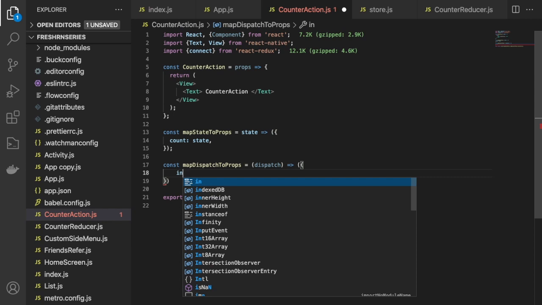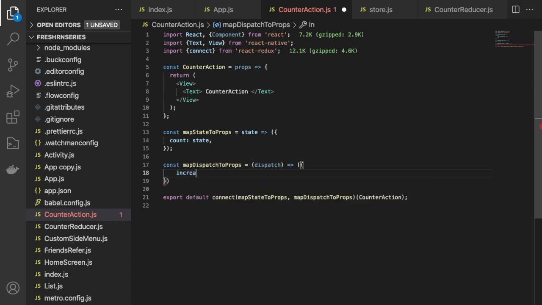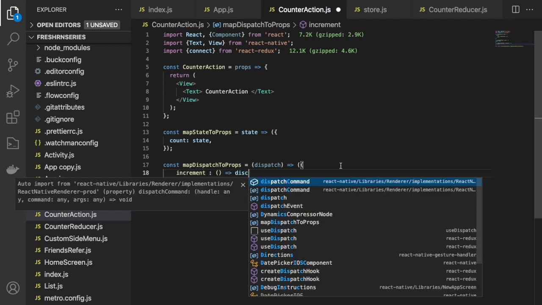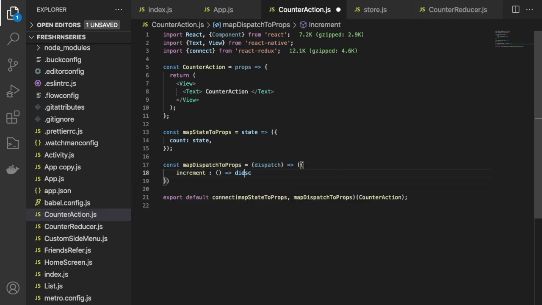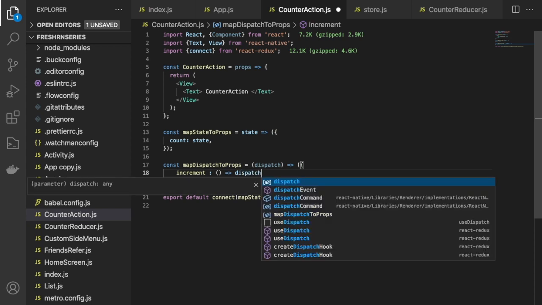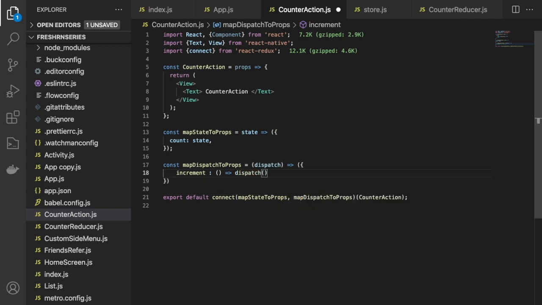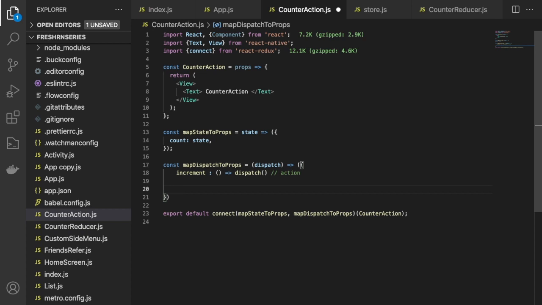So one is for increment. Okay. Just use dispatch. We need to dispatch counter increment. So here in map dispatch to props, you have to dispatch an action. Okay. So where is the action? We need to create an action also.